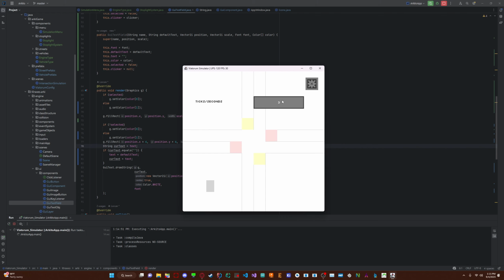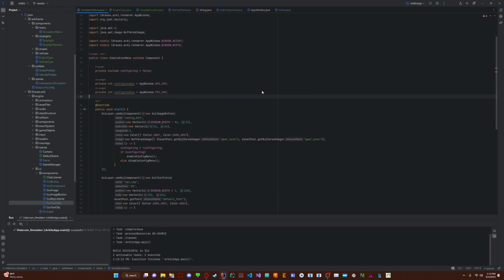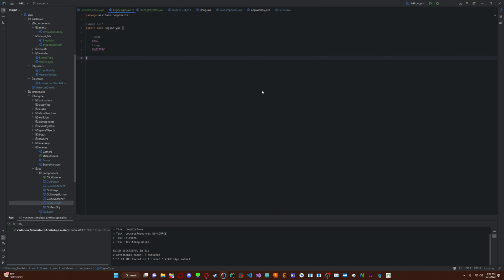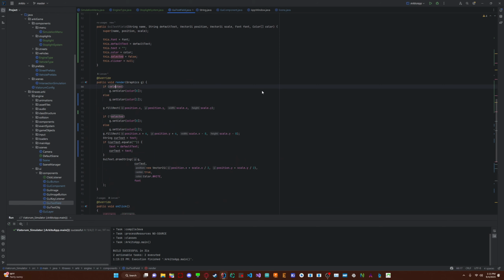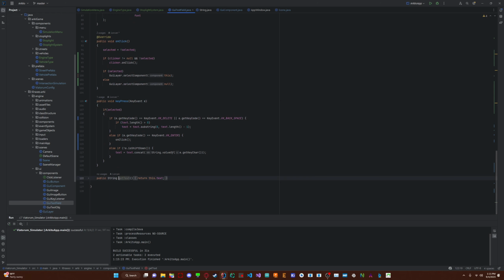Okay, that's a bug. I'm just pressing the delete button. I'm not gonna fix it because I actually should. Oh man, actually I do need to fix that because then I can't do a custom FPS. Where was that? That was in the GUI text field class. It's because I set the text to the default text every time it equals to. So let's remove this current text equals default text, and in the get text,